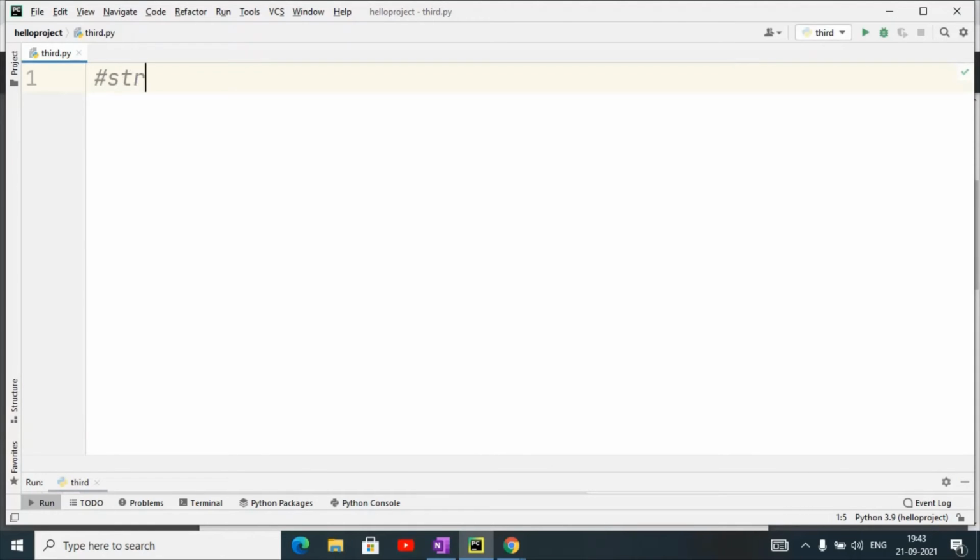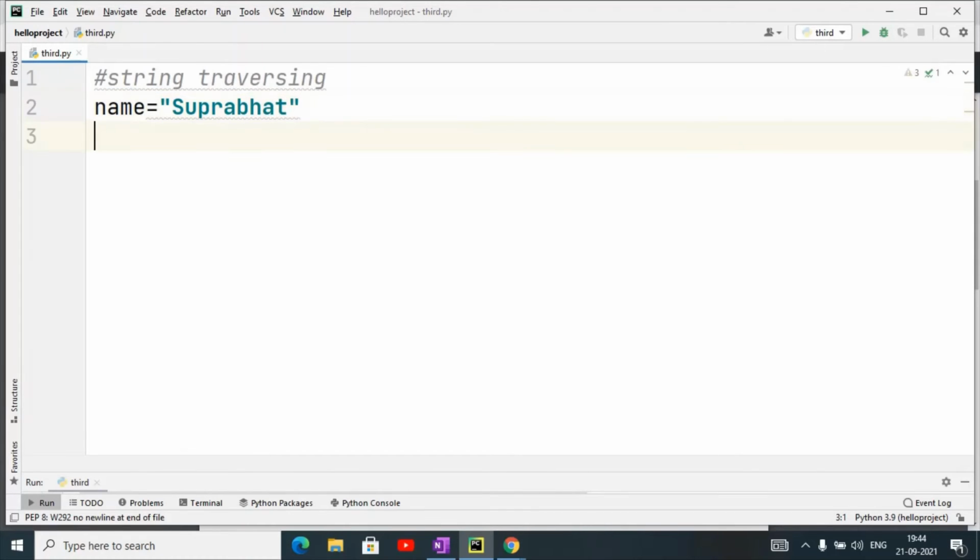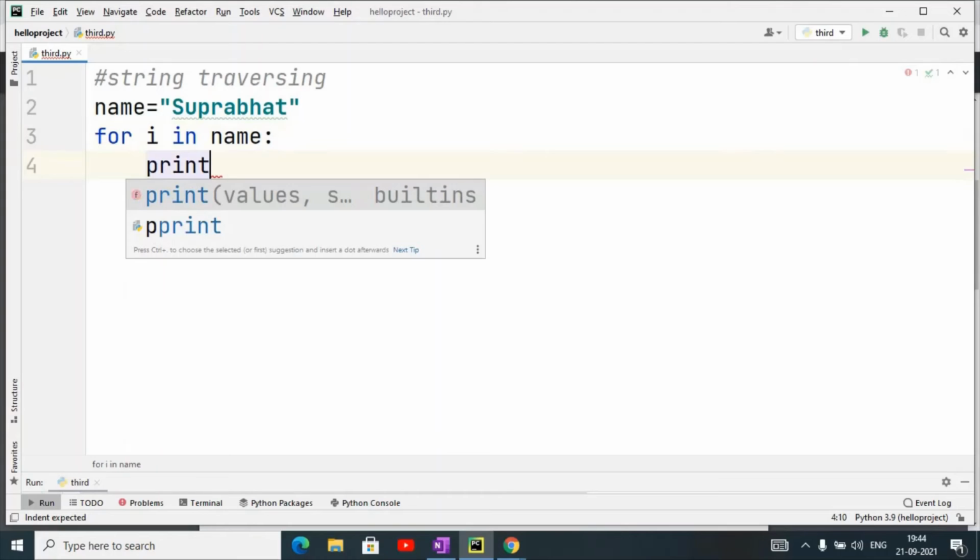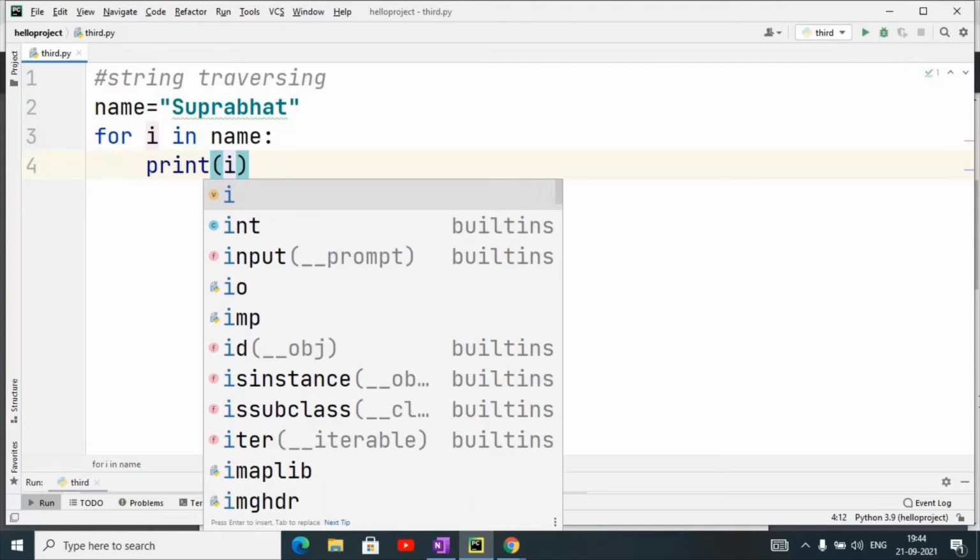String traversal. Suppose name equals to, I have taken Suprabhat, then for i in name, colon, print i.